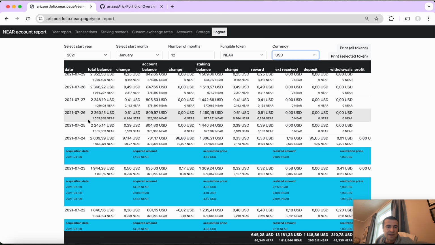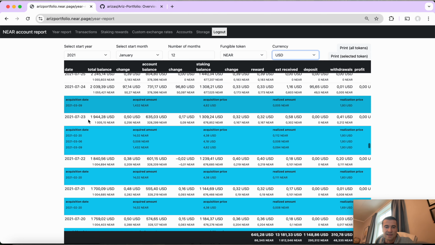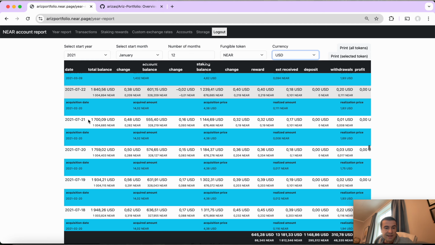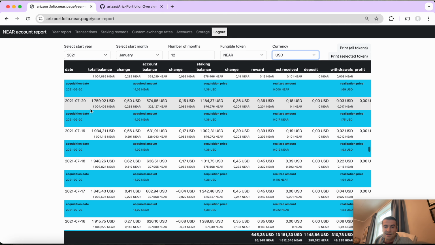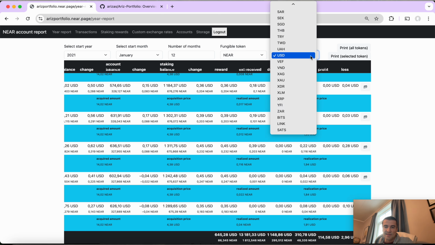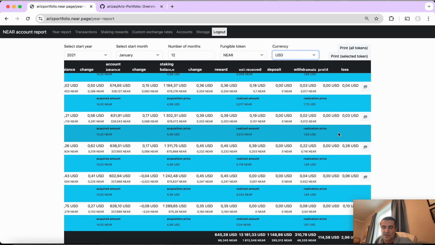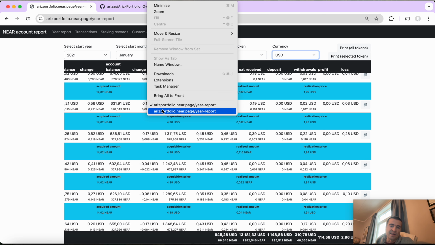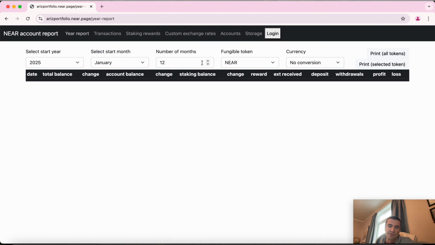So the tool kind of looks like this. You can display from day to day everything and see the profit and loss here. And you can also see it in various currencies. But what I wanted to show here today is not so much how to use the tool, but a bit how it works. And then I would like to start from scratch here just to show you